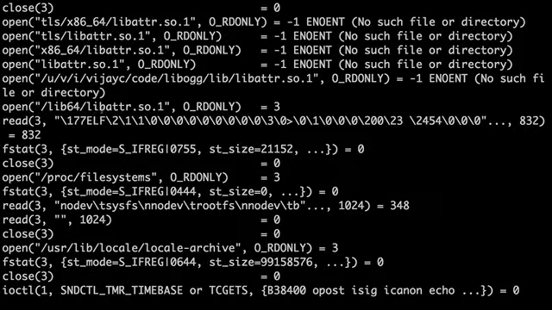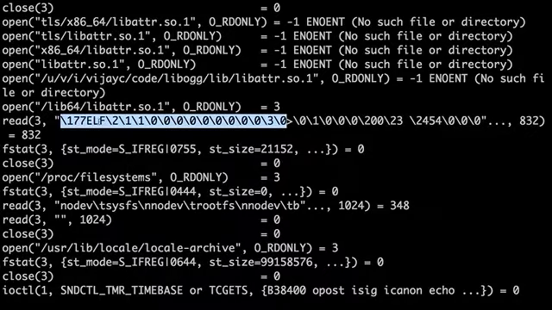Oh, by the way, why are we seeing this? What does this mean? Correct. So if we see this in a read, without knowing anything else, you can tell for sure that it's reading a binary file. If it has an ELF binary header in it, it's reading a binary file.